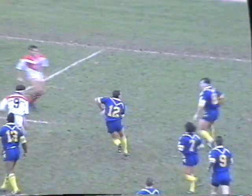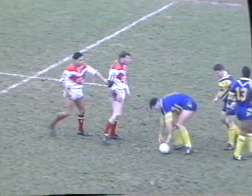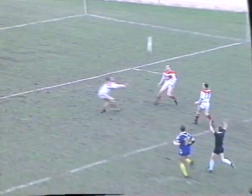Hanley switches play there, just slipped on the greasy surface. Using the short side with Gary Mercer. Steve Malloy. Oh, that's good tackling from Rovers. Rovers are up to the last tackle. Gregory hoists up the bomb, and Leeds will chase, but